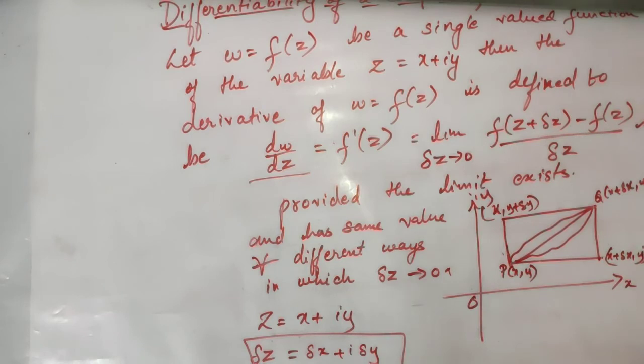A real valued function was defined with respect to only one variable, and it depends on how you take it. Suppose a function has been defined on a single line, you only had to consider LHL, RHL, left hand limit, right hand limit, and then check the continuity of that function, and then check whether all the values exist and are the same, then you used to say that the function is differentiable.